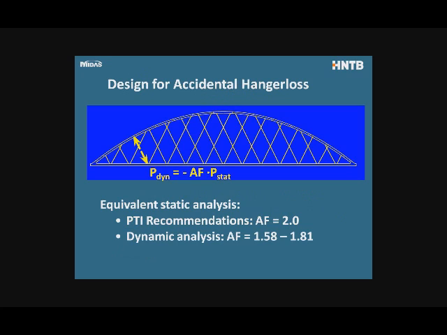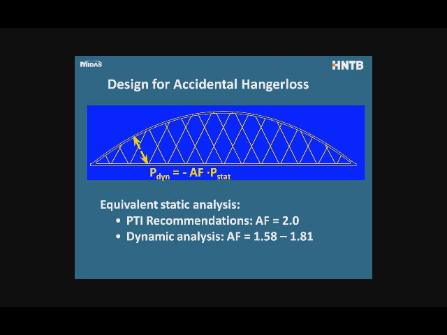The next concern I want to look at a little bit is what happens if we lose one of these hangers. These hangers are usually high tensile elements, and what happens if we have to replace one? That's the easy load case, but also what happens if one is suddenly removed, say due to vehicle impact